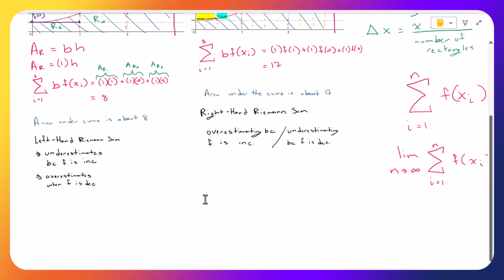So our integral from 0 to 3 of f of x dx equals, and I'm going to make my writing smaller because I'm running out of space. This is just going to be equal to the limit as n approaches infinity,